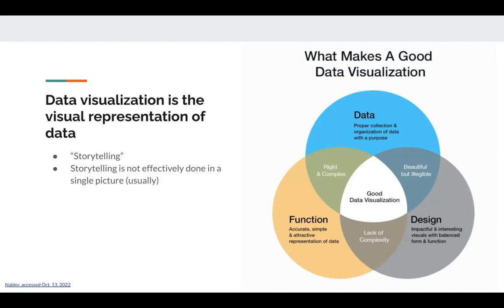Function is something that I'm primarily concerned about, and it's about thinking how do we communicate our data in an accurate and simple way, but coupled with design, it's going to be an attractive way to represent our data. And so we want to have sufficient complexity. So we don't want to undersell our data or our insights, but we do want to communicate them accurately in a way that doesn't take a large amount of attention or time to get the point